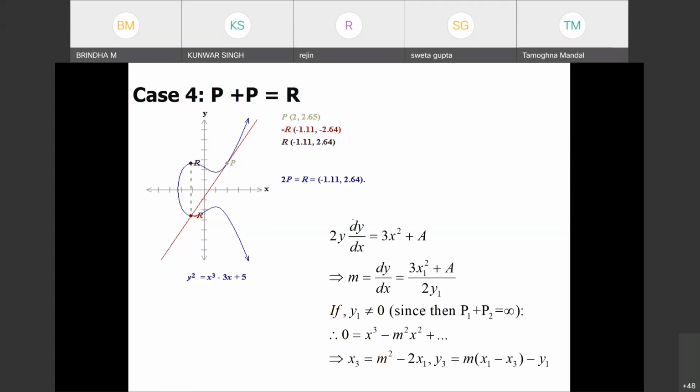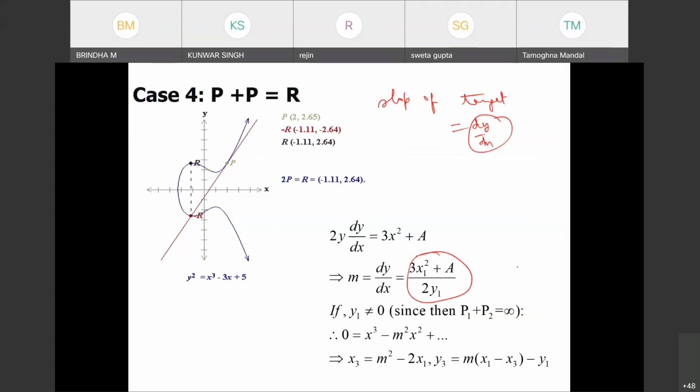Okay, so here you have to find out the slope. You need the slope at this point, so that will be dy/dx. You find it, and then at the point you will get this M, because the slope of the tangent, if you remember, will be dy/dx at the curve. Okay, this is the function. This you can see, and the rest is the same. So these are 3 points.